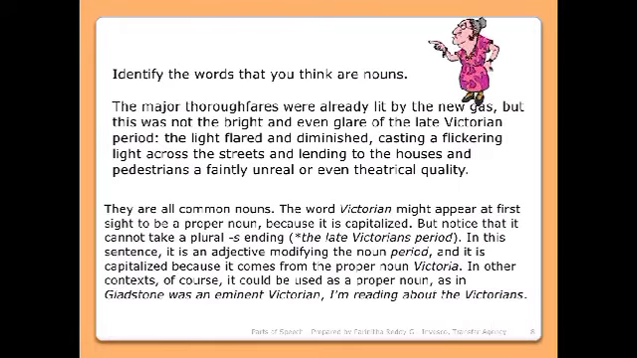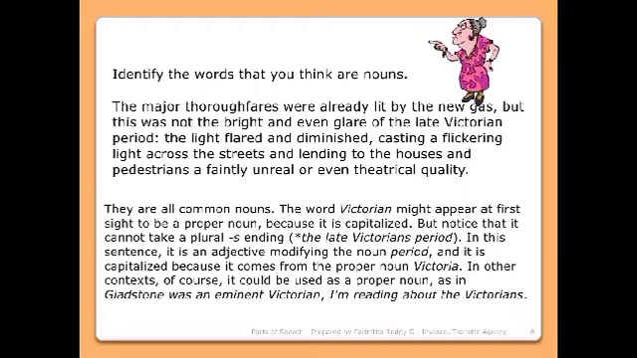So there is a paragraph in front of you and you would have to find the nouns in it. For example, I'm going to write that paragraph. The major thoroughfares were already hit by the new gas, but this was not the bright and even glare of the late Victorian period. The light flared and diminished, casting a flickering light across the streets and lending to the houses. So they all are common nouns basically, but one noun, Victorian, might appear at first sight